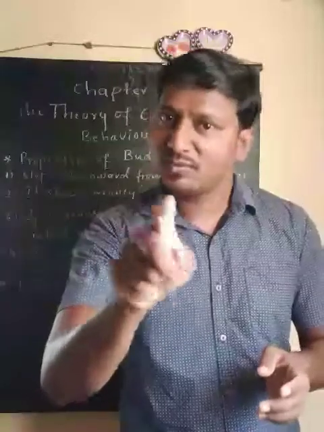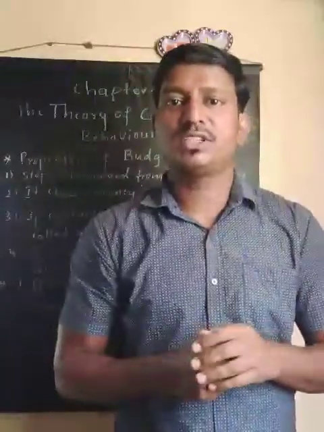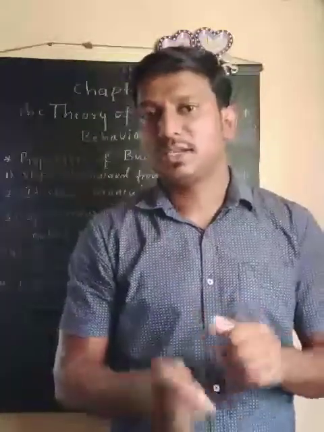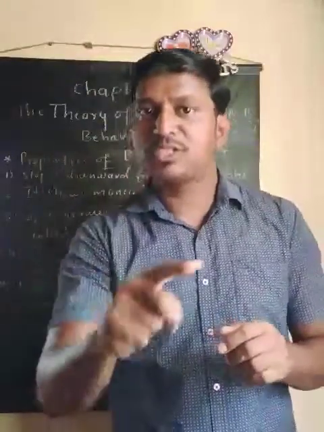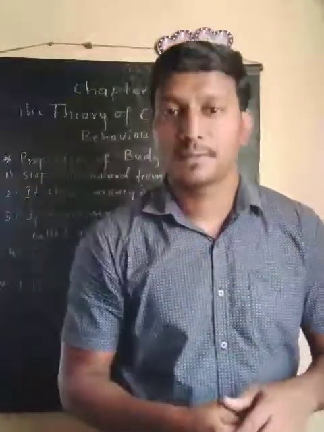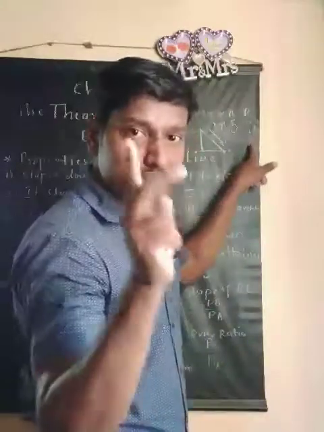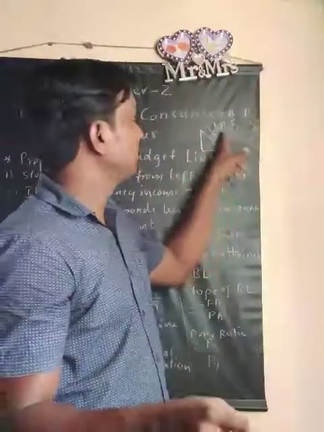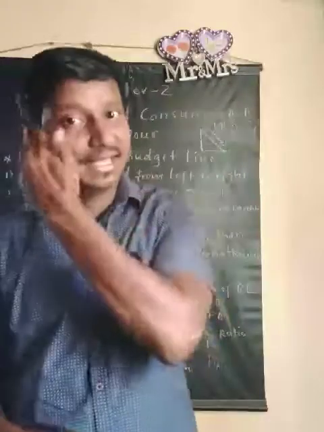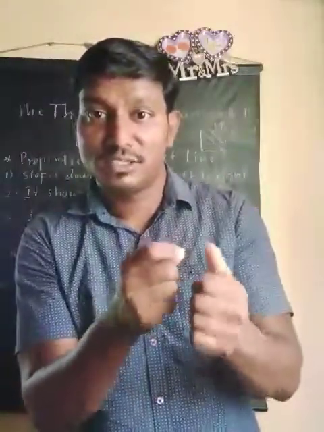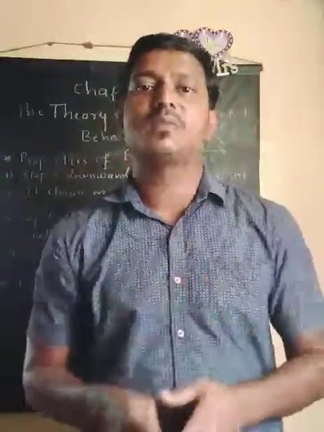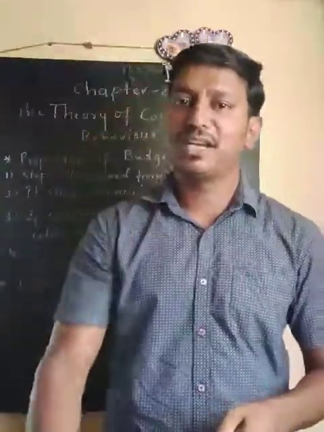5 rupees was the price of banana in the last case, and 10 rupees was the price of apple. So 10 rupees is double the price of banana. So if you sacrifice 2 units of banana to get 1 unit of apple, that makes the inverse relationship. On one side you are sacrificing, on the other side you are gaining, and that makes the budget line slope downward from left to right.